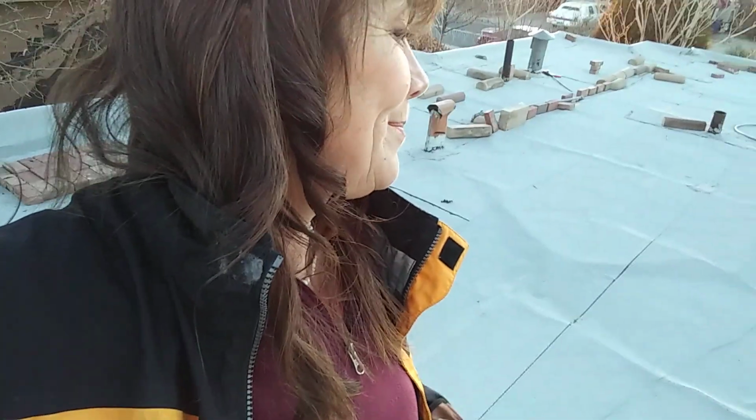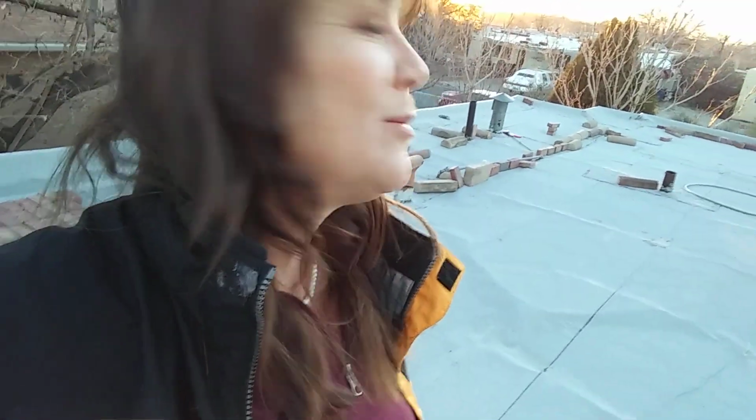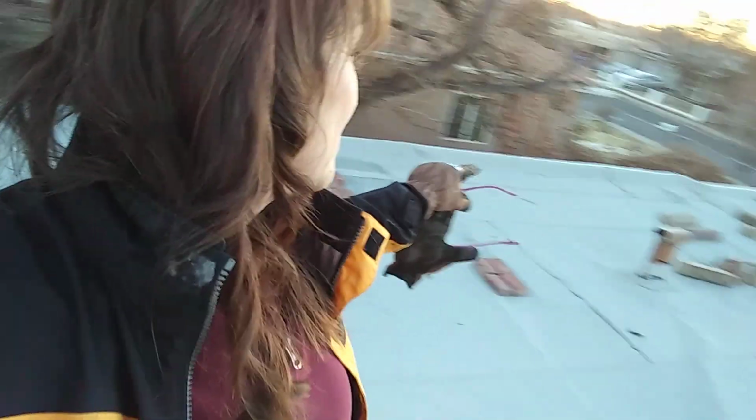So far I have officially gone through all the edges, all the cosmetic areas. There's still probably a little bit of touch-up work that I'm going to do, and I still have a can and a half or so of patching stuff, so I probably will use that up after this next storm. But I got my edges all screwed down, all trimmed, all sealed up with roofing cement. I've got all my edges that didn't stick well reinforced with